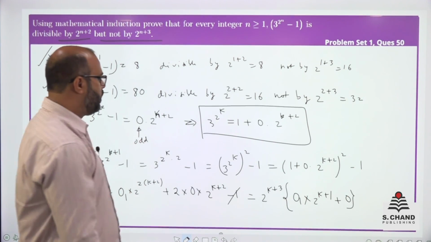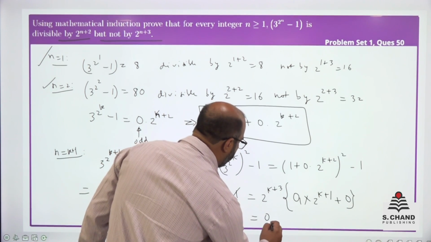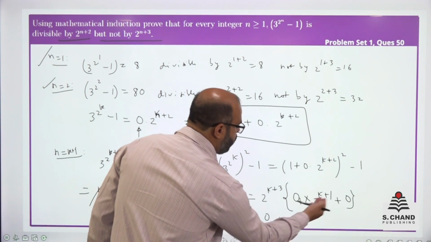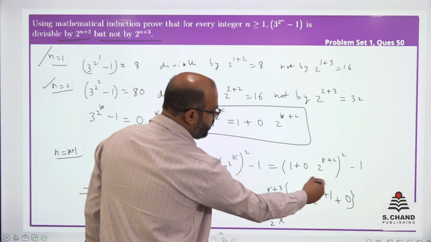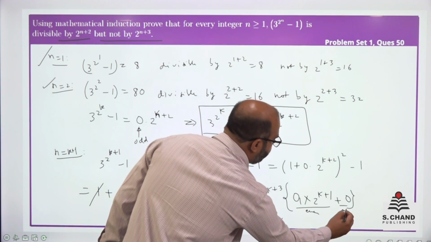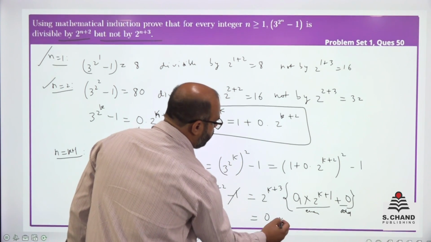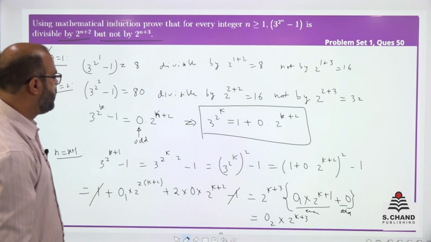So finally this can be simplified like this, which is actually some another odd O2. This is odd, this is also odd. This is even actually, because 2 to the power k plus 1 is multiplied to it. This is even and this is odd. So even plus odd is odd, times 2 to the power k plus 3,